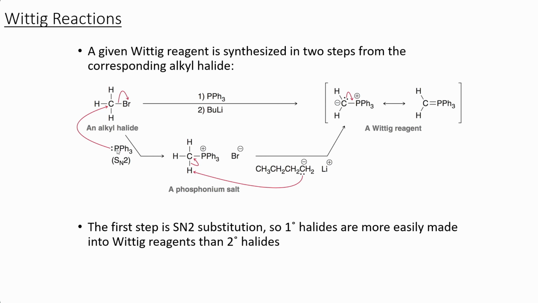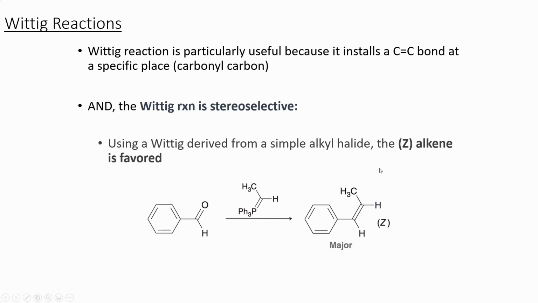We have an SN2 reaction where the triphenylphosphine attacks the alkyl halide and the bromine leaves. Then this phosphonium salt will be deprotonated by the strongly basic butyl lithium, and that will create our Wittig reagent. When we go to add and execute the Wittig reaction, we're going to form our new carbon-carbon bond, and we're